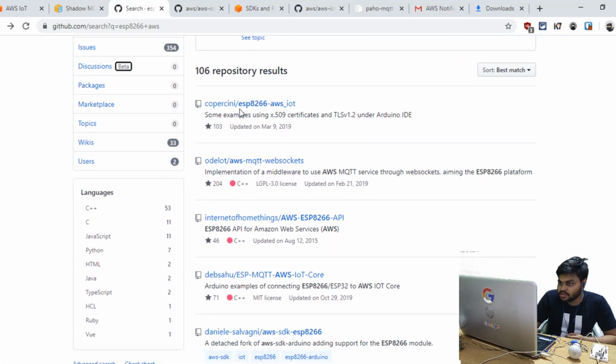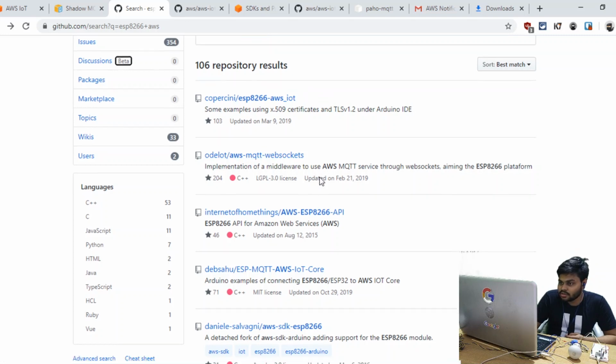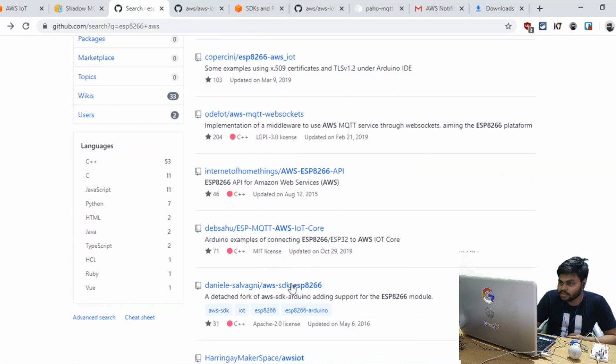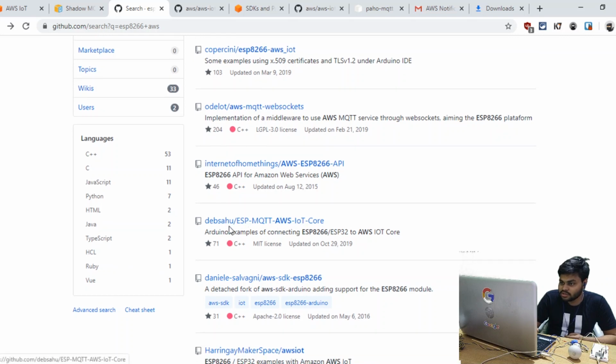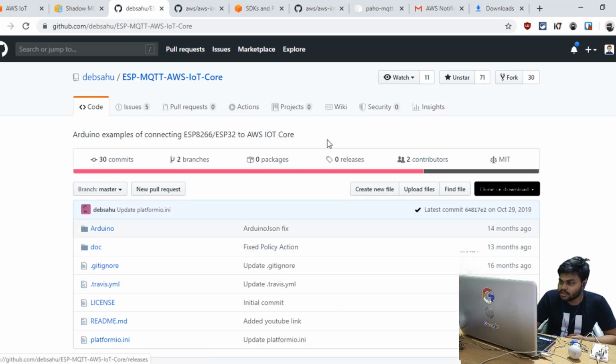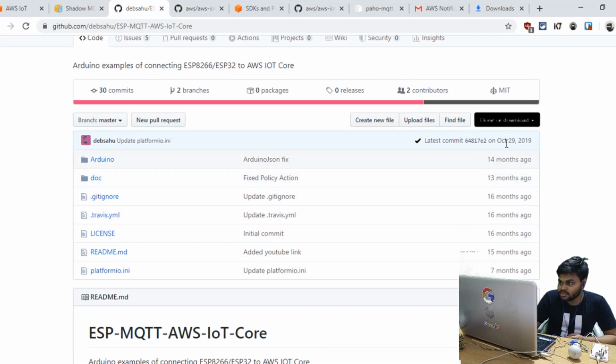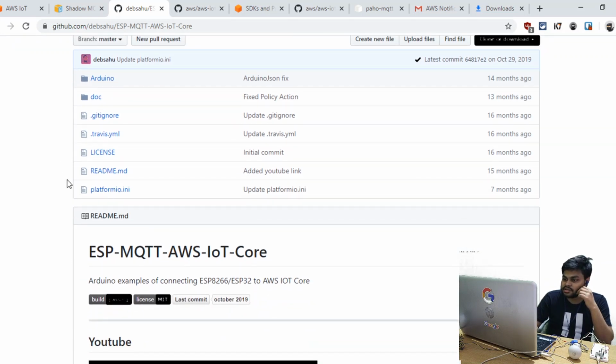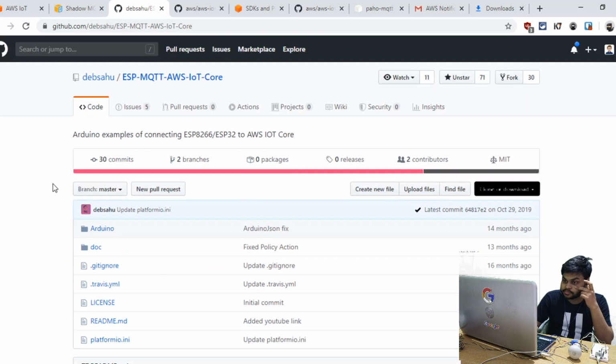So we have Copercini's ESP to AWS IoT, and these are the sketches. I am using this one, Deb Sahu's ESP MQTT AWS IoT Core. I think this sketch is very powerful, and this is the latest commit, 29 October 2019, and every other sketch is not that updated.